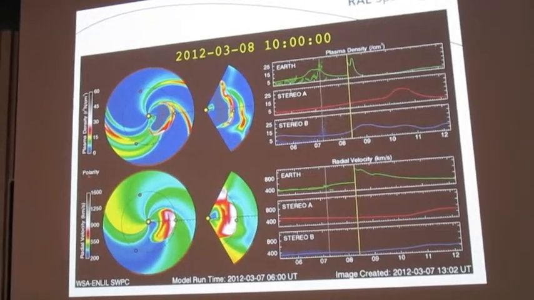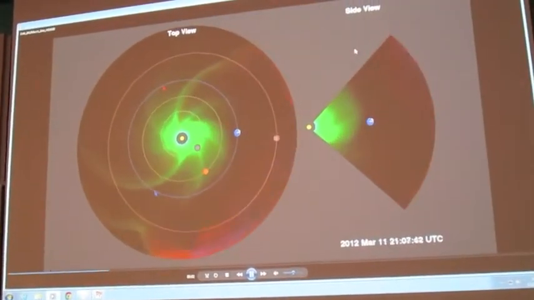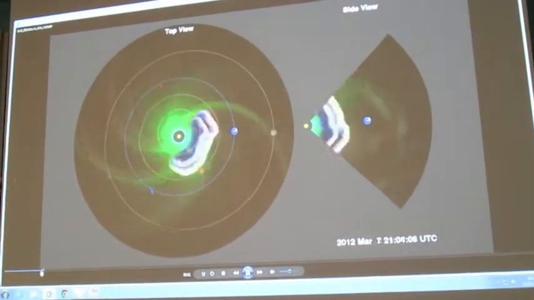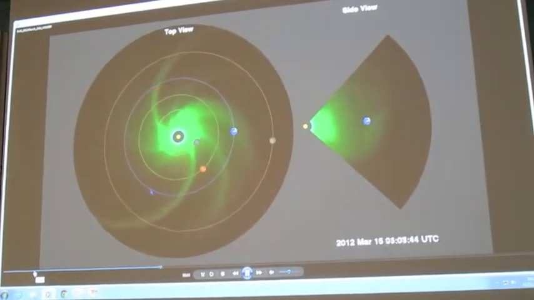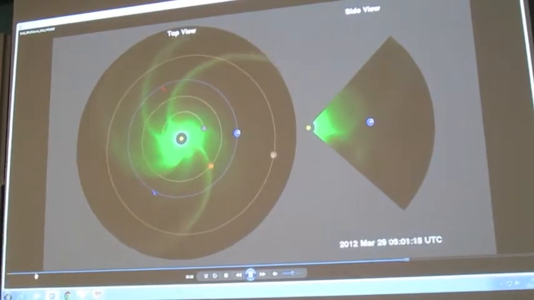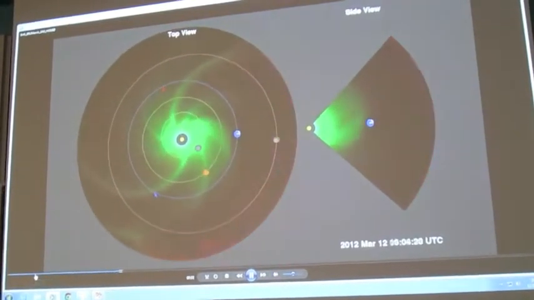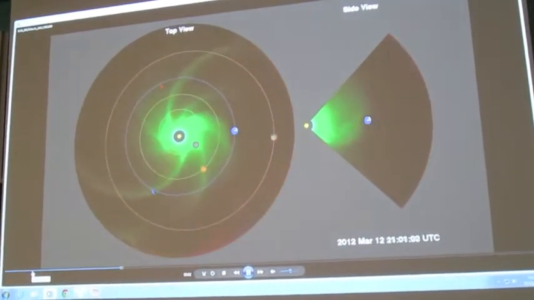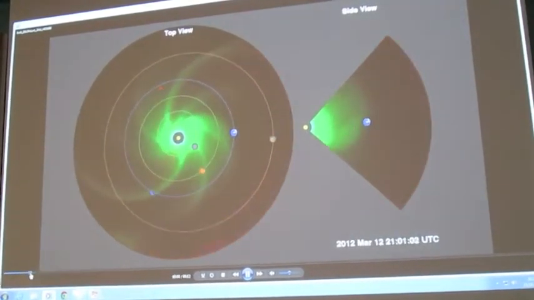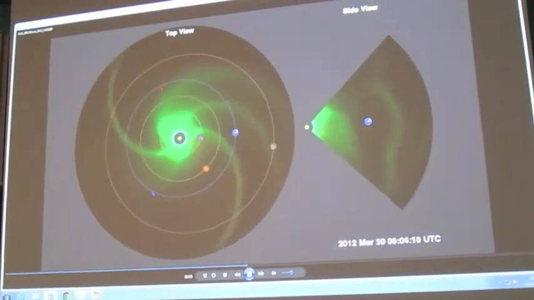But what I do want to show is a movie in a slightly different format, but it comes from the same code. So this is from ENLIL again, of the same event that you were looking at. I'll keep jumping back actually if they'll let me. I find this strange because if you look at it, Mars is moving backwards, but it's actually because the Sun-Earth line is fixed. I guess it's obvious which one is the Earth that's sitting there, of course. And you'll see the coronal mass ejection apparently come out over the Earth. And if you compare this image, that's effectively mimicking what we are seeing in the heliospheric imager. So this is MHD modelling, mapping or matching, if you like, what we're seeing in the heliospheric imaging data